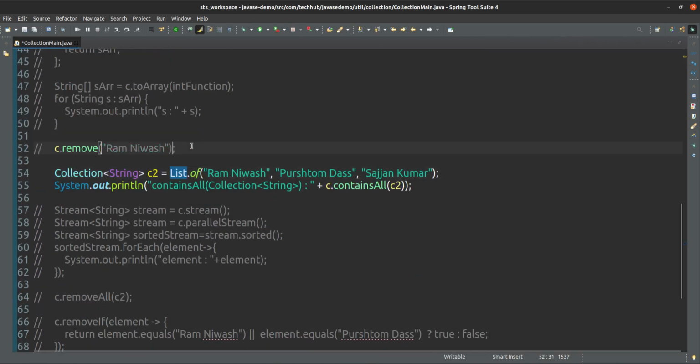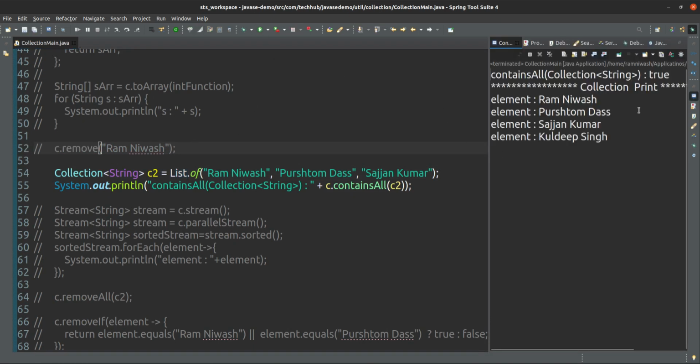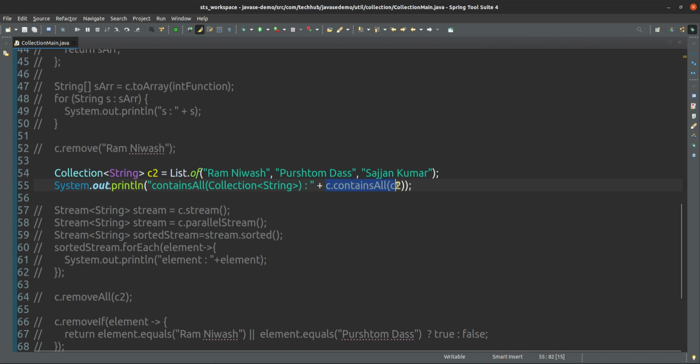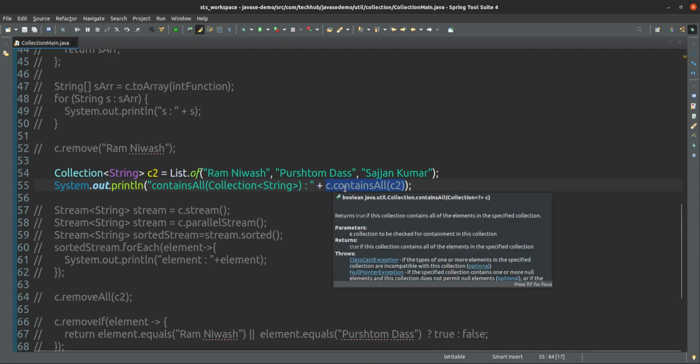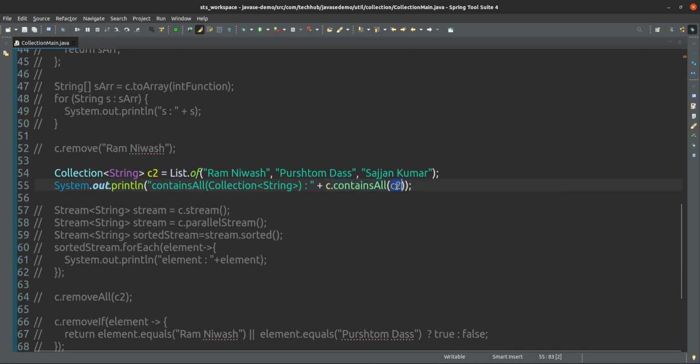Oh, come on, this one, 4 are removed. Okay, yeah, these 4 are there. So in collection C1 all elements of collection C2 are present. What exactly is the meaning of this statement, whether collection C is containing all the elements of C2?